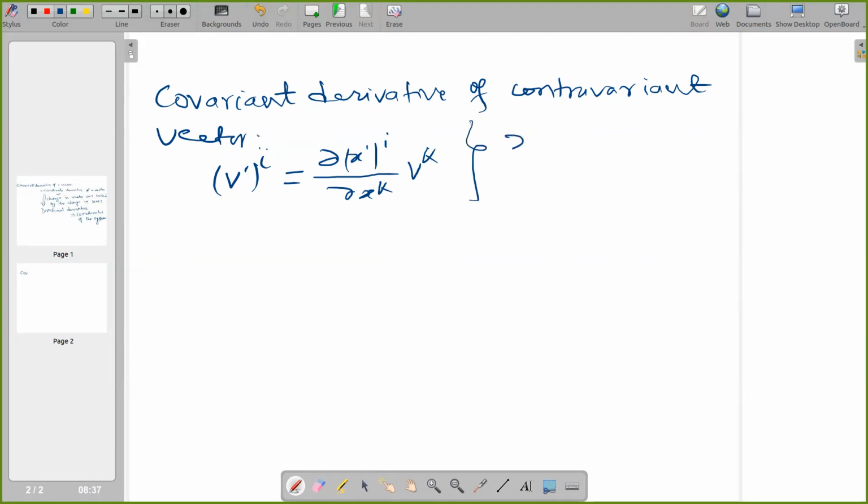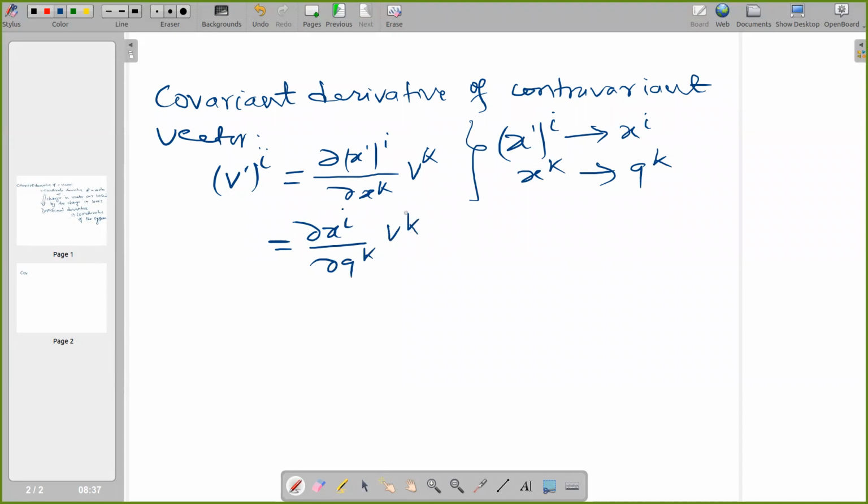For this, we consider x prime i is simply xi and xk is qk, that is the generalized coordinate. Then the transformation equation becomes Vk. When this transformation equation is differentiated with respect to qj, we have